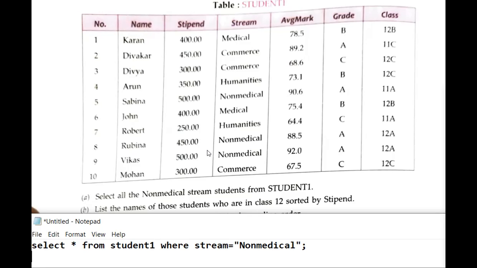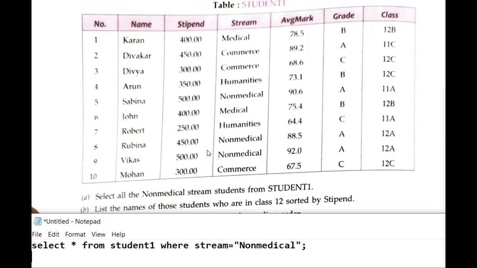Observe the table properly, beta, all of you. Karan, wrong. Twinkle, wrong. And Twinkle, even you are changing the sequence.